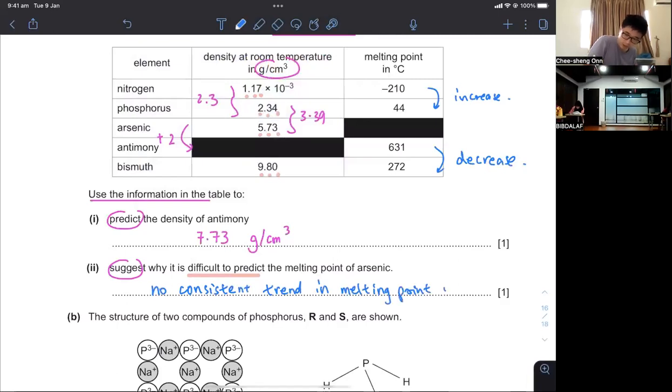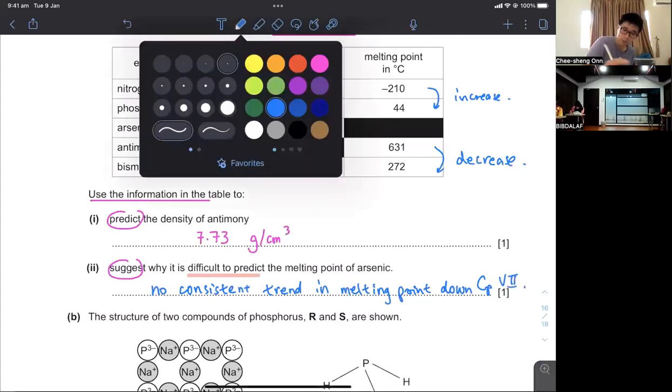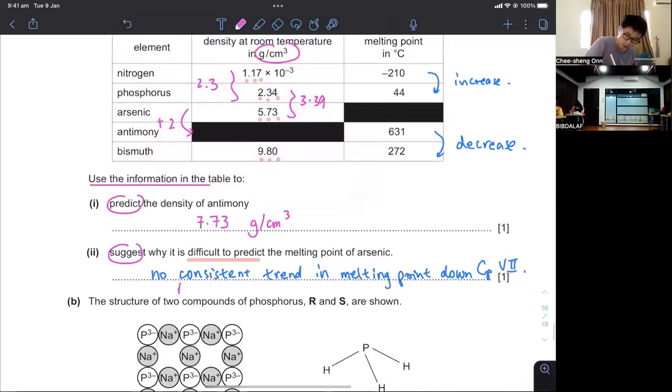So there's more than one way to answer this question, yeah? What I have just shown you is there's no consistent trend. You could also say in your own words that nitrogen to phosphorus increase melting point. But